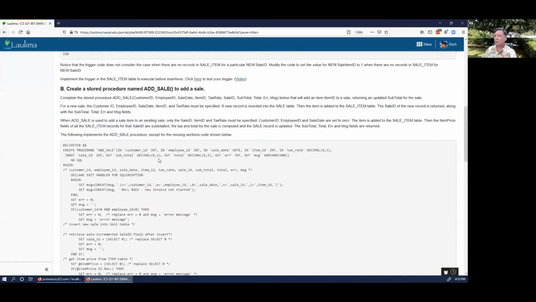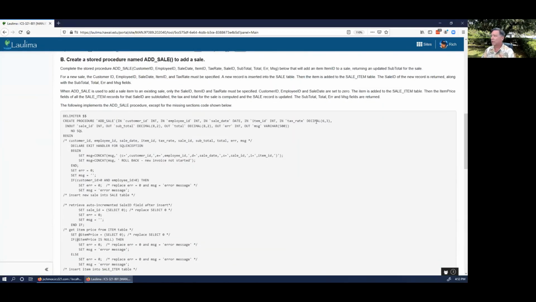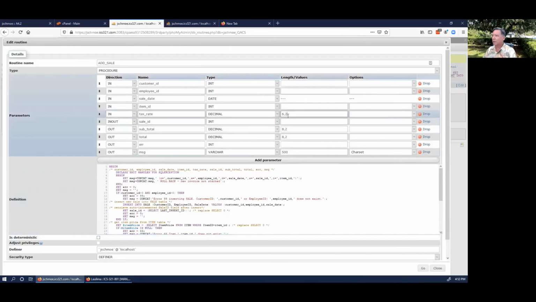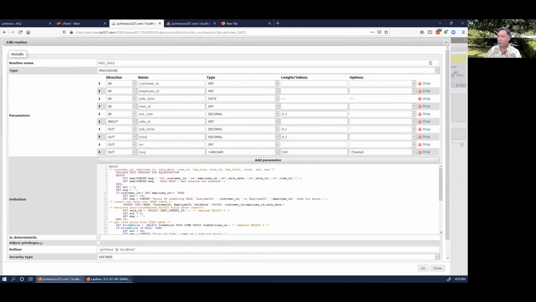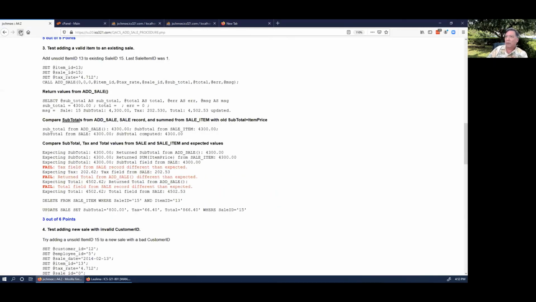Don't I say that someplace? Oh, here I say tax rate is 6.3. Okay, so yes, I did make that mistake. If I change this to 6.3 and go, that's all I did. Change it so it looks at one more decimal place. Now when I hit refresh,